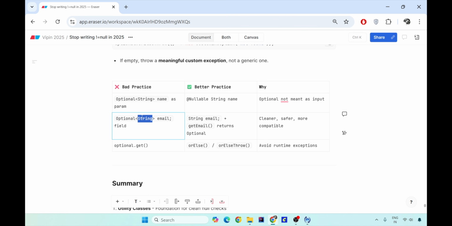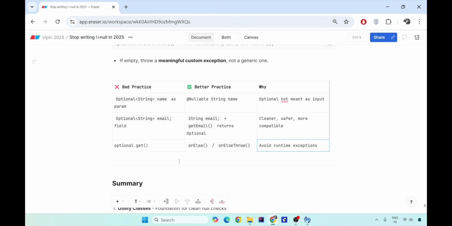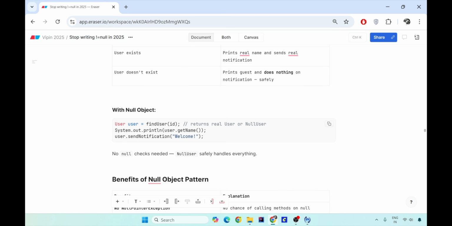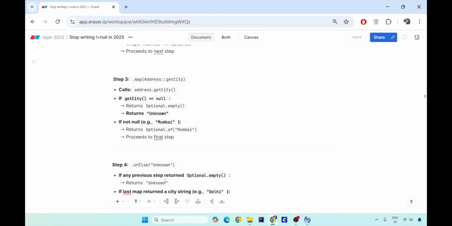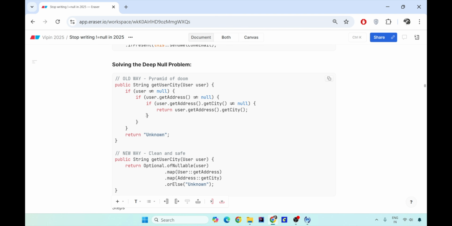The third important thing that you should not do is Optional.get. It will give you the runtime exception of NoSuchElement. You can either use orElse and orElseThrow to give some kind of default values or runtime exceptions. So that was all about the trending way of handling null pointer exceptions, preventing the pyramid of doom like this, and doing beautiful professional coding like this.